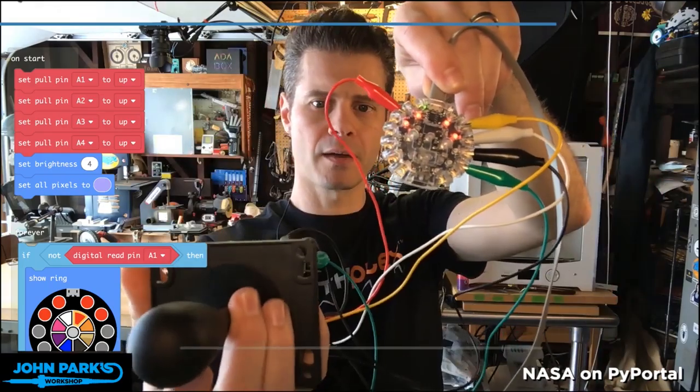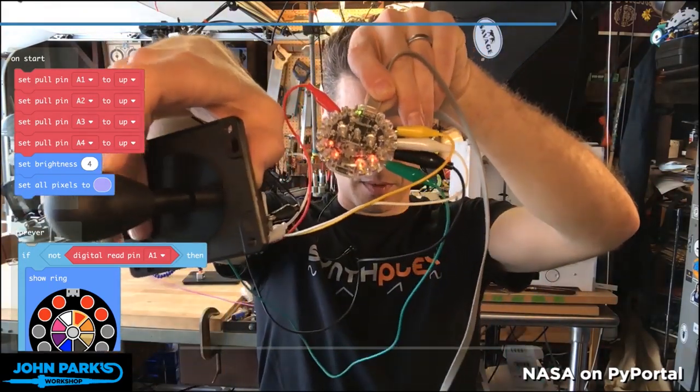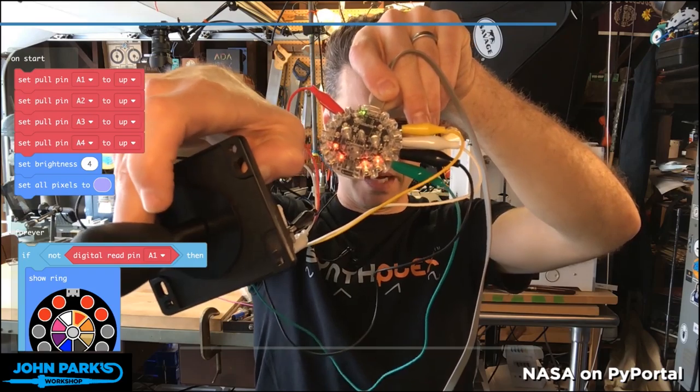And check this out. Oh, I've got it backwards. Try it that way. Depending on the direction that I push it, I've got lights lighting up, and I've also got 4 little